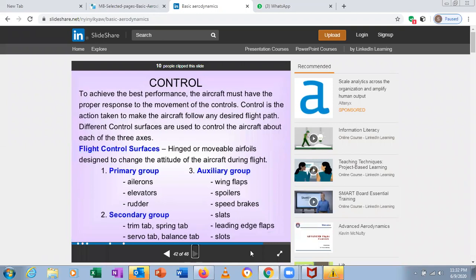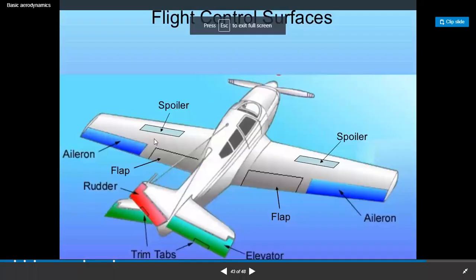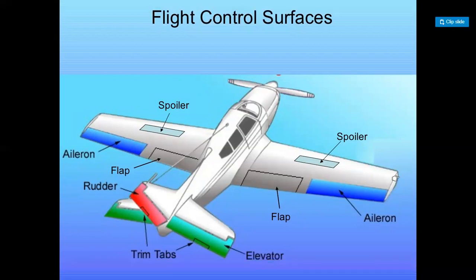We can see the flight control surfaces, and we have spoilers. We can see where the spoilers will be, and these are called flaps. Flaps are nothing but high lifting devices, where the ailerons are. Always remember, at the root there will be a flap. At the tip of it, this is called a wing tip. And we'll also put winglets there to reduce the induced drag. I will speak about it.